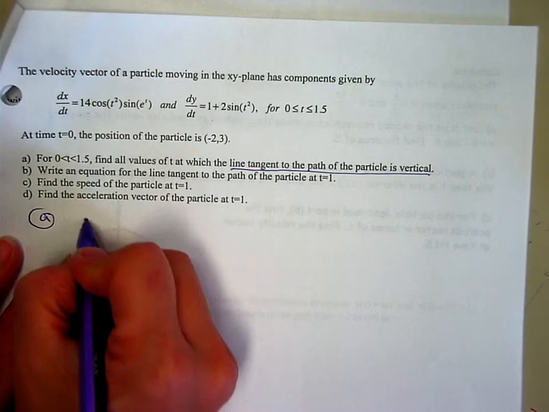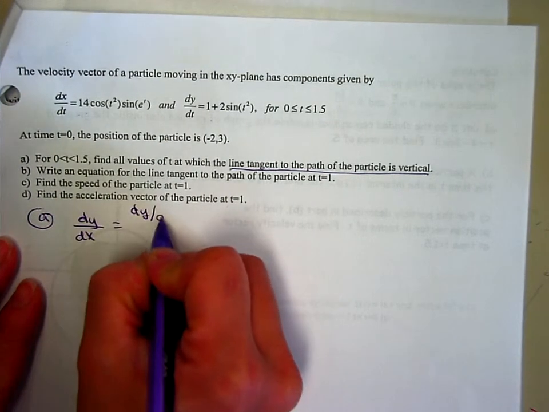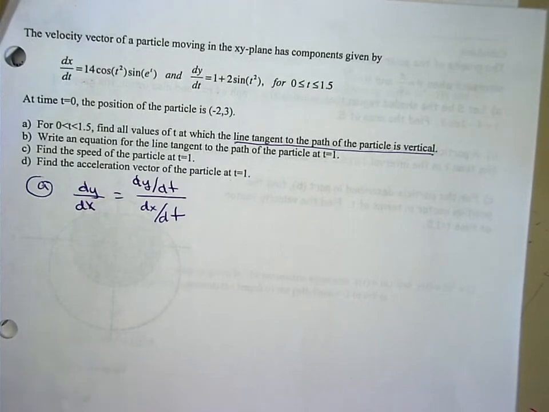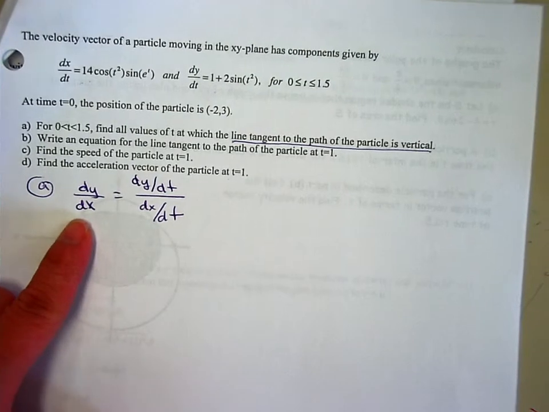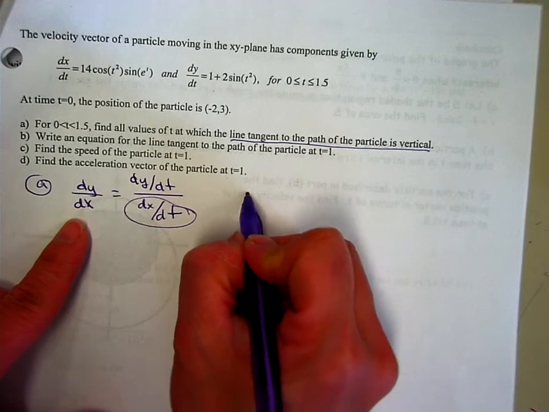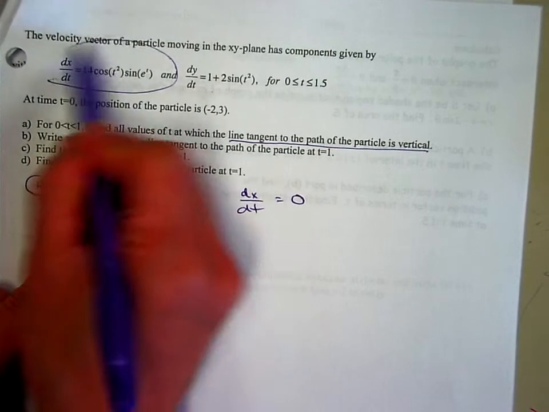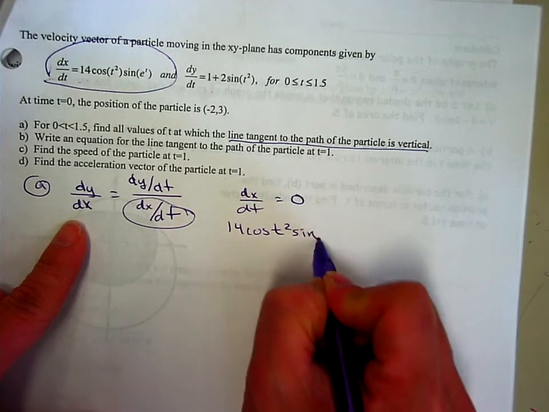So we know in parametric form dy/dx is dy/dt over dx/dt. A vertical tangent line means that the slope is undefined. The only way that the slope is undefined is if the bottom is 0, so you're looking for where dx/dt equals 0. They give you dx/dt, so all you're going to do is type this into your calculator,